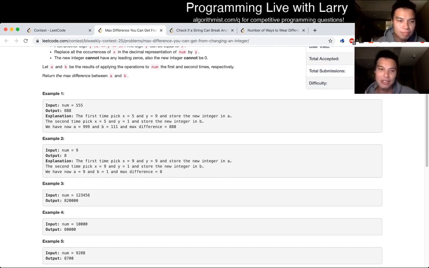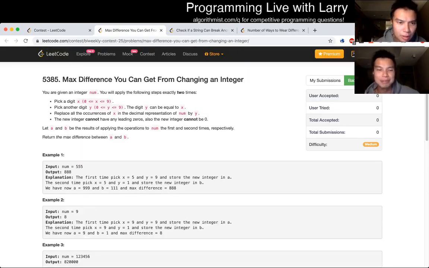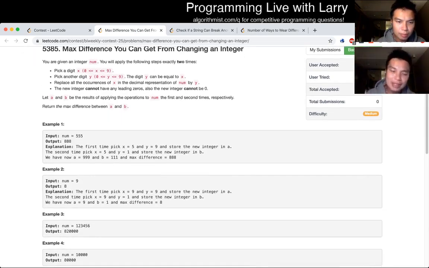Invented accepted. Great. Cool. Max differences you can get from changing an integer. So given this problem, I read it a little bit, but I didn't really read it the first time. So I think I was just trying to think about the cases, and I do spend some time double checking it. But the idea is that you have given this string or a number,